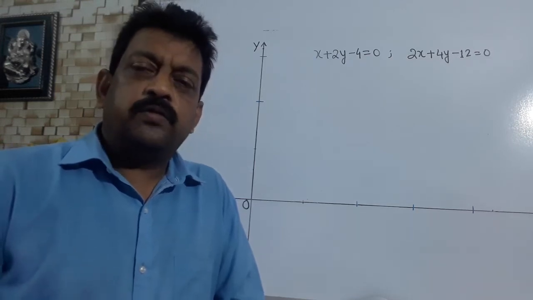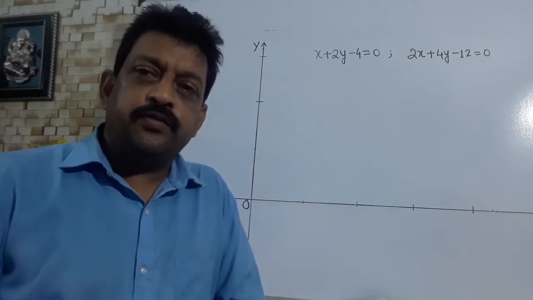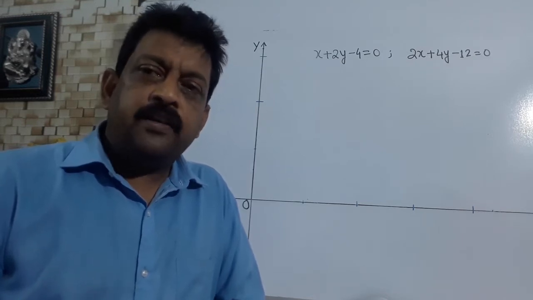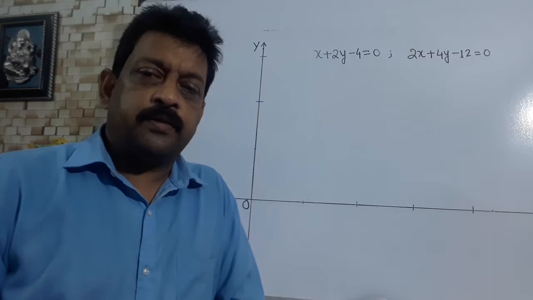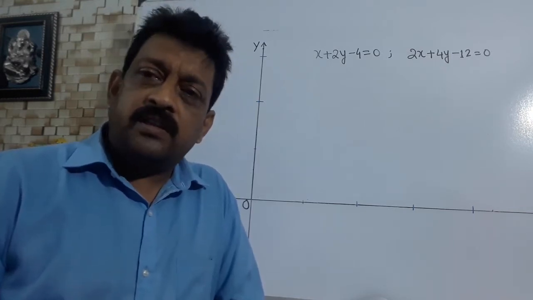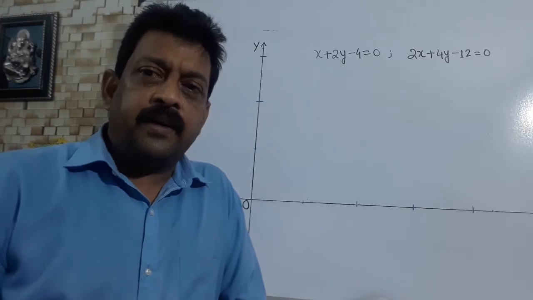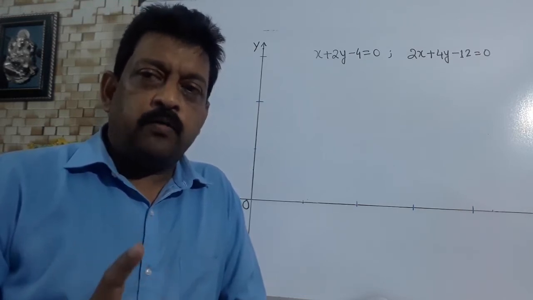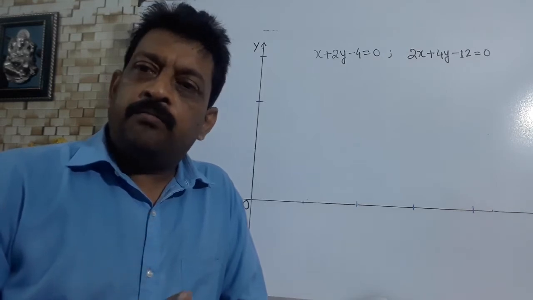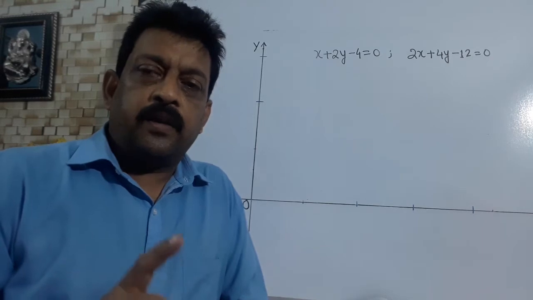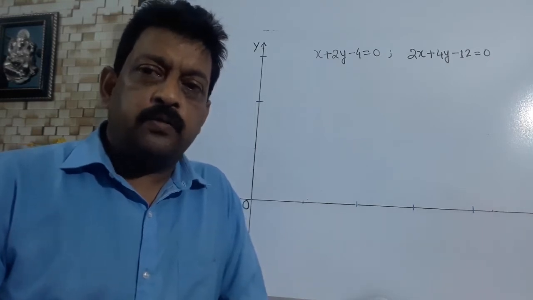Let us continue the chapter linear equation in two variables from class 10 mathematics, a pair of linear equations in two variables. In the previous class I have shown you how to represent a situation algebraically and graphically, and there we have drawn the lines and found that the lines are meeting at a point, that is, an intersecting line is formed, and from there we have also calculated the solution.